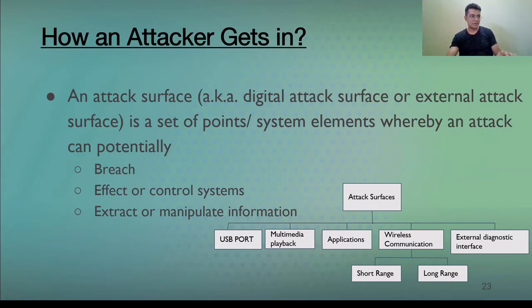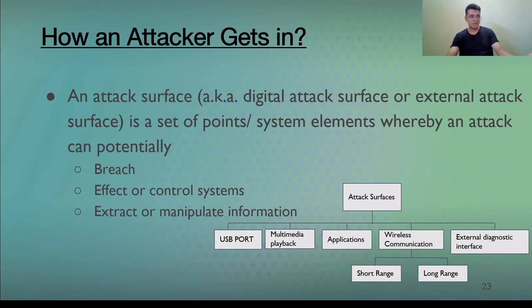An attack surface is a point which the attacker could exploit. It could be anything. It could be your wireless communication protocol, your USB port, your multimedia playback, or your external diagnostic interfaces.